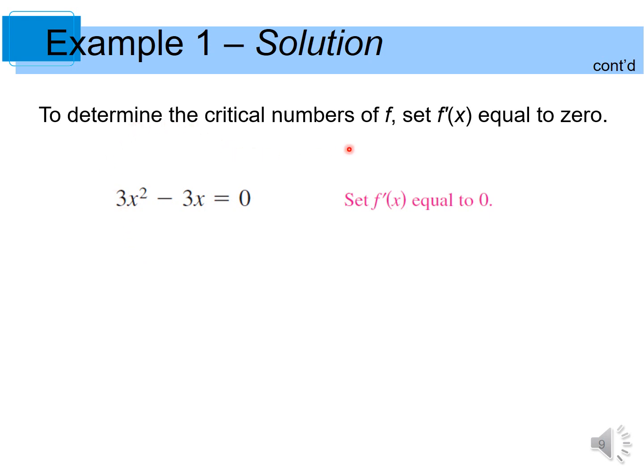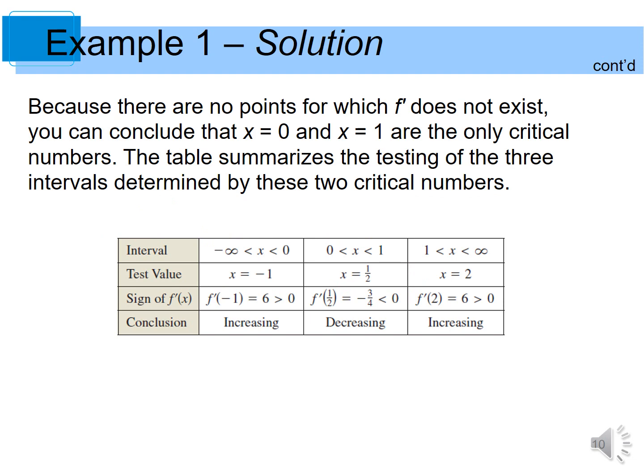To determine the critical numbers of f, set f prime x equal to 0. We factorize the 3x and we solve for x. So we obtain critical numbers. Since we have two critical numbers, 0 and 1,